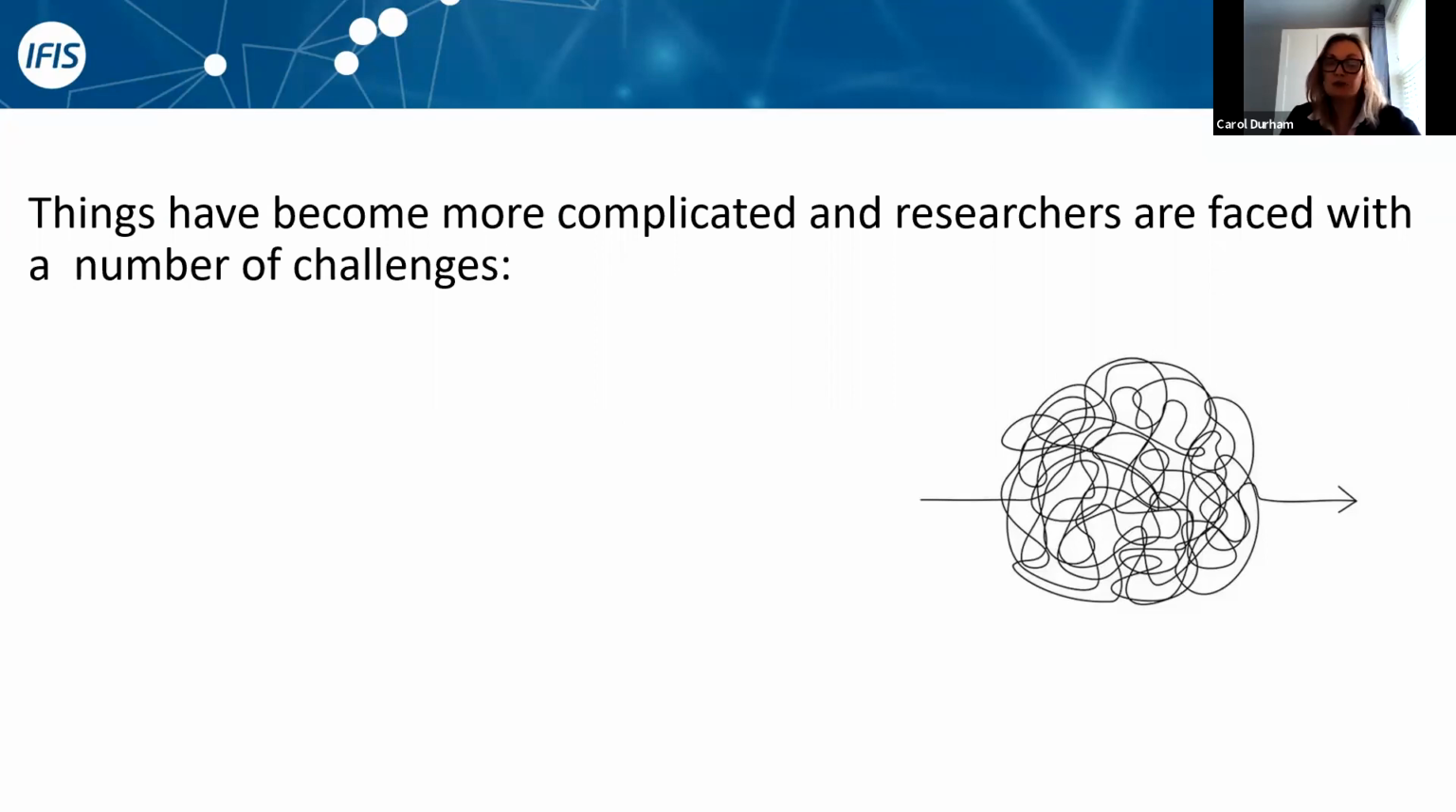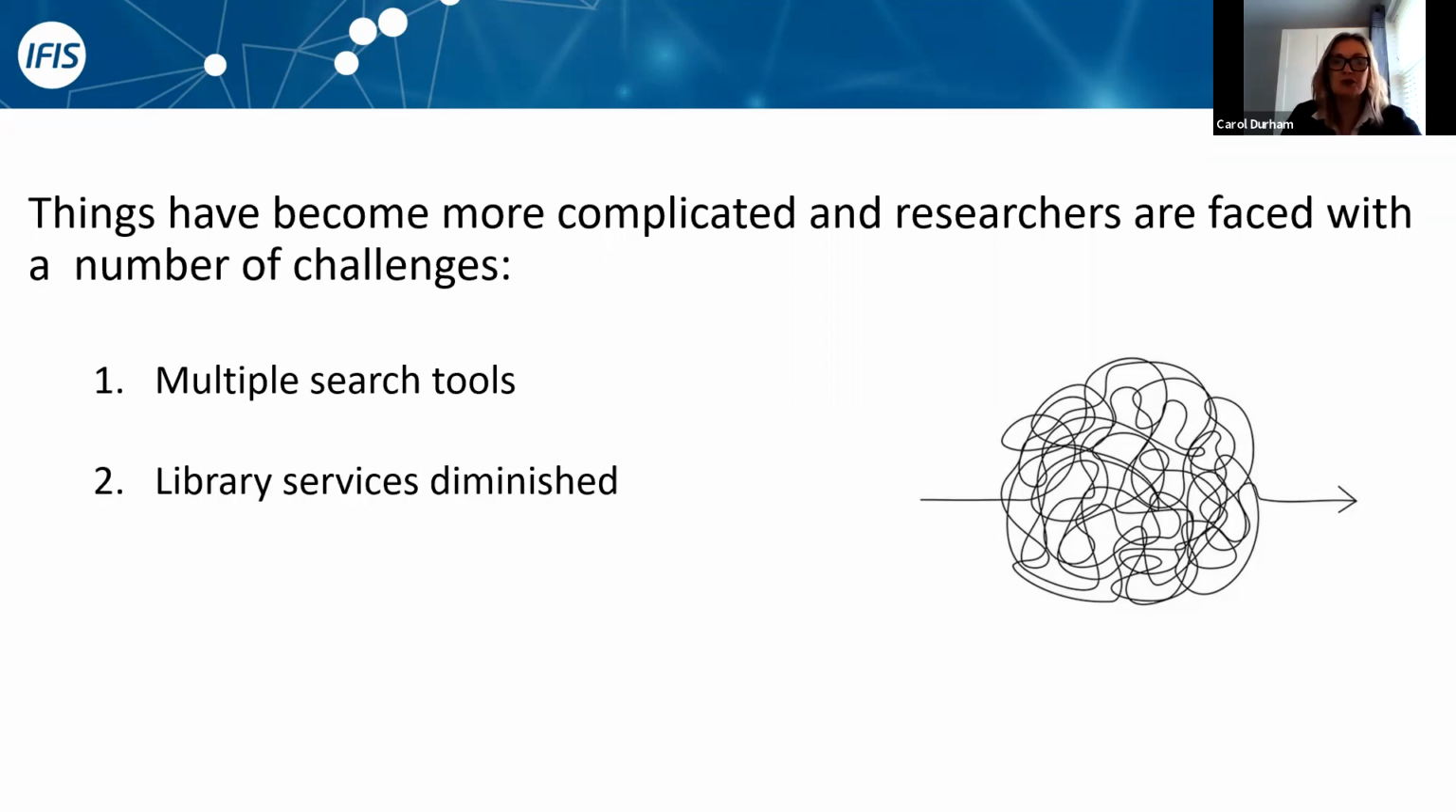But things have changed a lot since then, and things have become very complicated, and researchers and students are often presented with a number of challenges that I'm just going to briefly cover. And hopefully you are probably familiar with a lot of these challenges. Number one is that there are lots of places to go to find your food science research and information. So there are multiple search tools. The library services